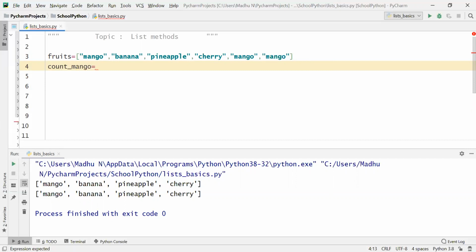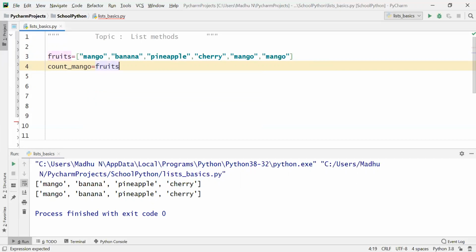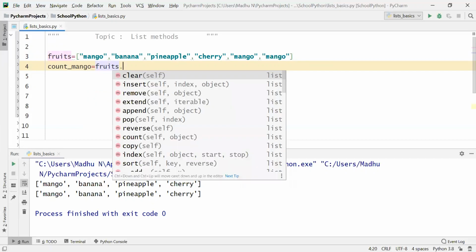Because I want to mention the number of mangoes present in the list, I named it count_mango. So you have to use fruits, the collection name, dot count,